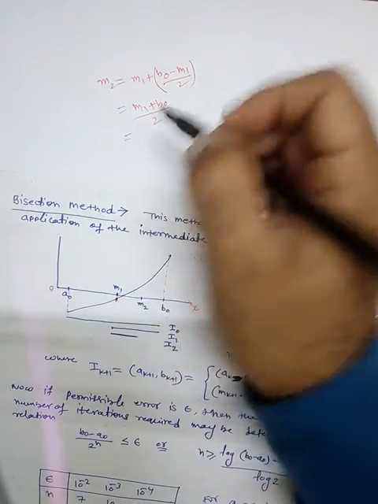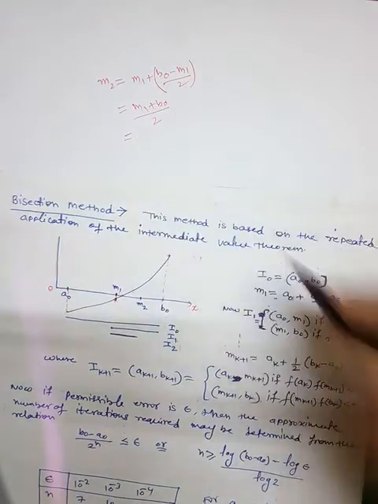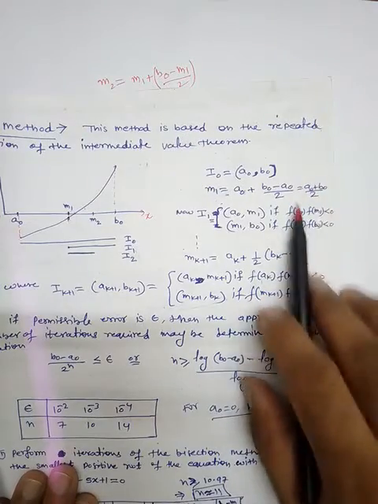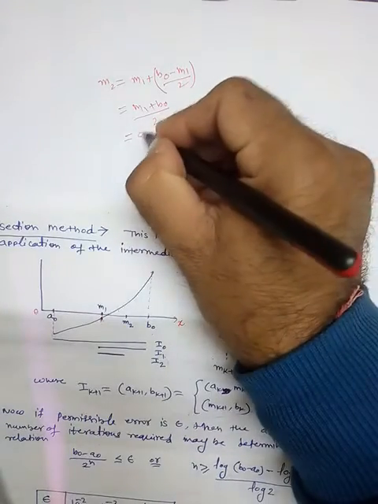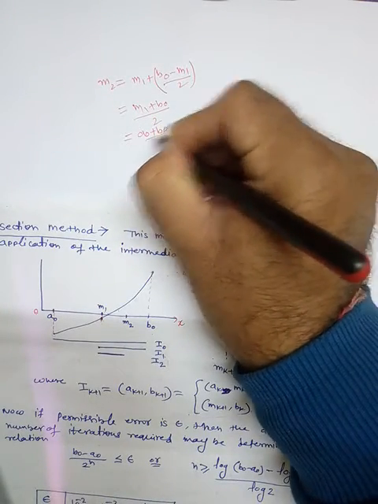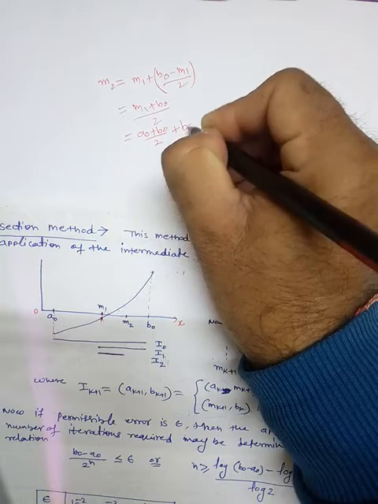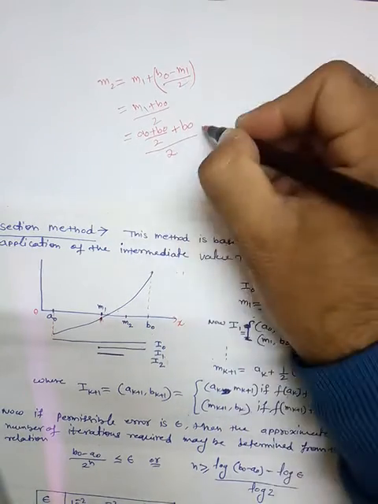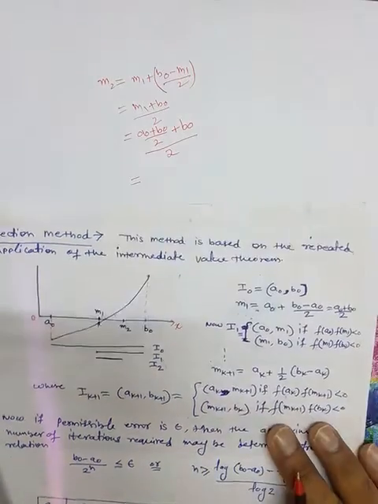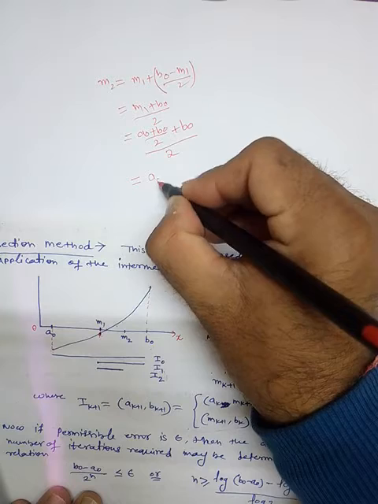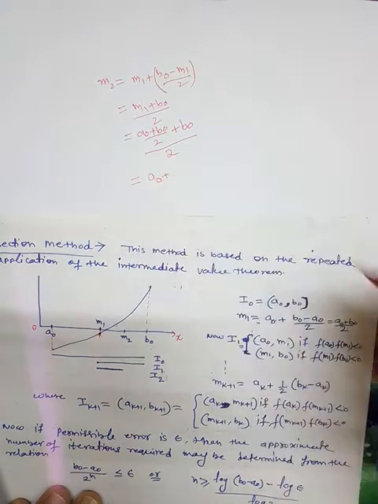So what is M1? M1 is this, we have already evaluated, A0 plus B0 by 2. So A0 plus B0 by 2 plus B0 divided by 2. So what we will get? We will get A0 plus